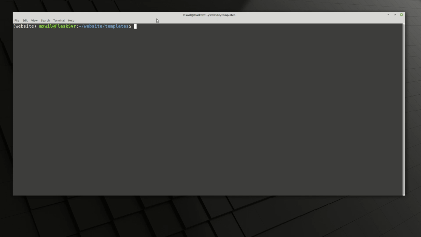Let's see here. We're going to touch. The command to make a file is touch and then the file name with the extension. So we're going to make a